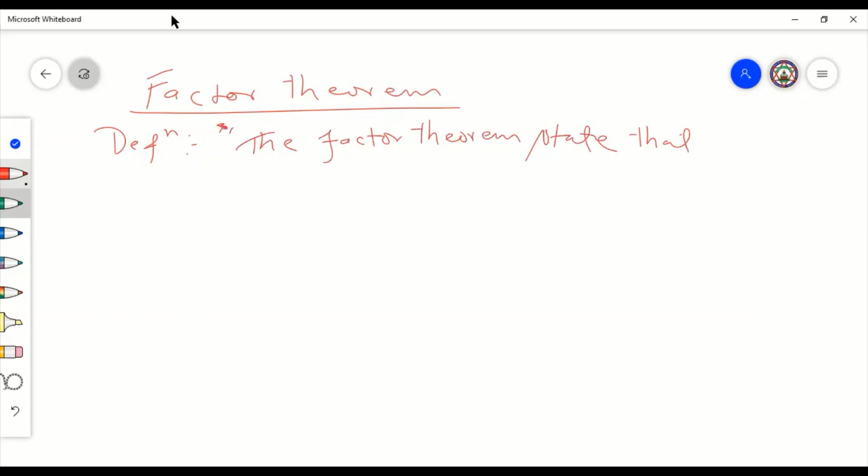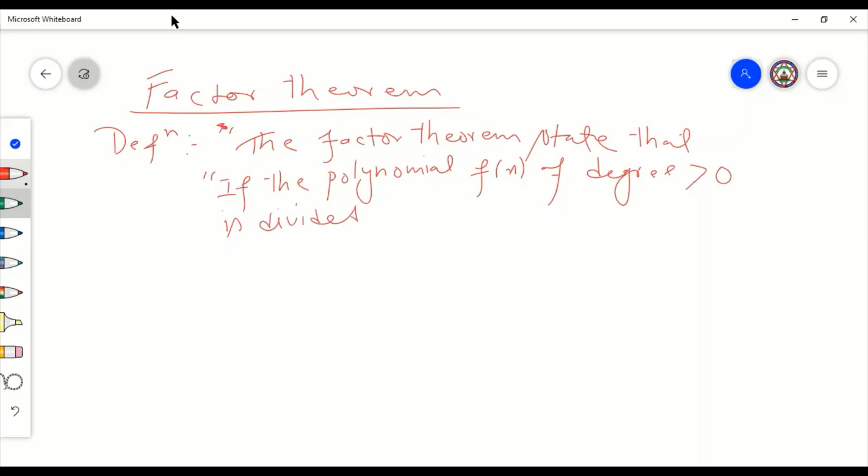Factor theorem states that if the polynomial f(x) of degree greater than 0 is divided by x minus a,